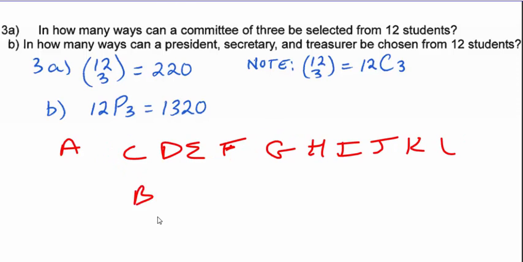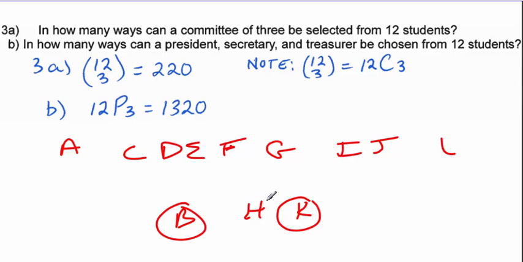If I happen to randomly choose B, H, K, or I happen to choose K first, then B, then H, the question we want to ask ourselves is, is the committee different because K was chosen first instead of B? If it's just a committee, then it doesn't make a difference. So in the first case, we have 12 options. We want to choose any three of them. That is 12 choose 3, the